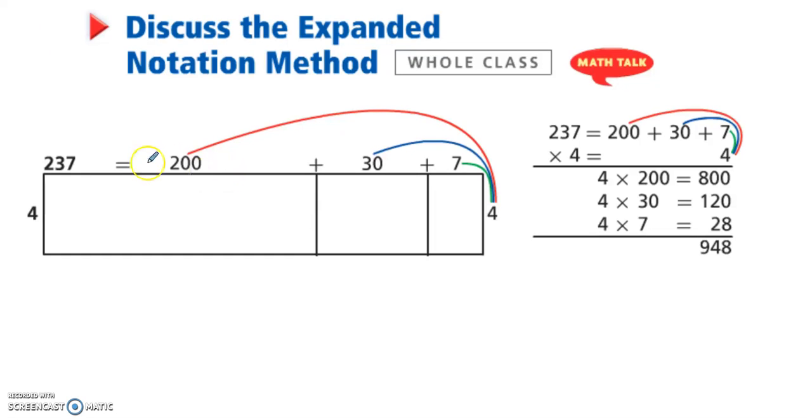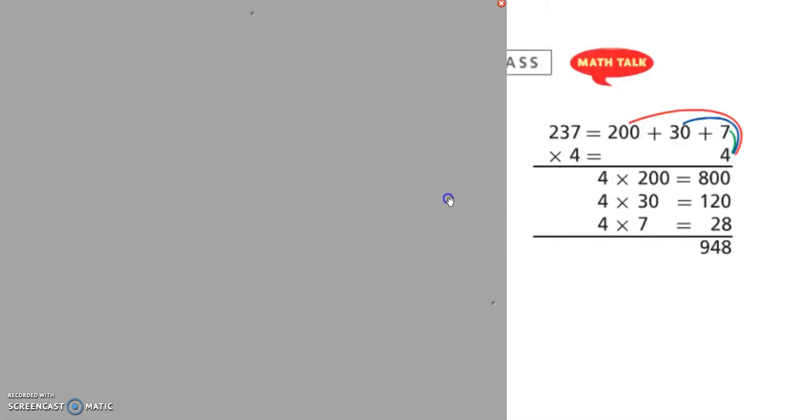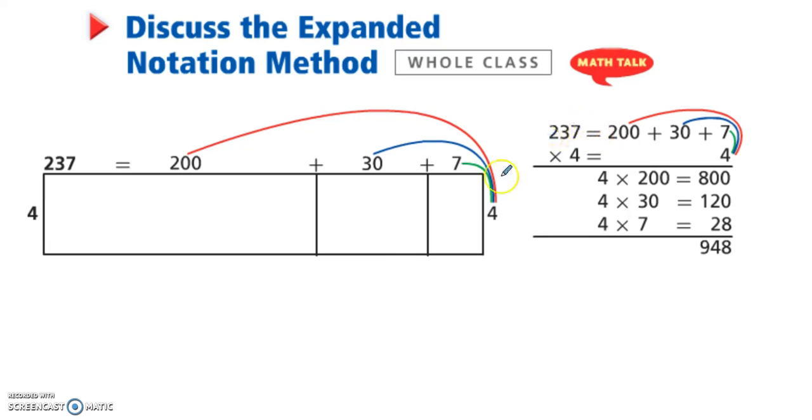And to talk about the expanded notation, here's the same problem we were just doing. But in expanded notation, first they wrote the 4 over here. So here's the area model to remind you, although the strategy by itself for expanded notation is right here. Okay? So they just took 237, and I do it down here so you can see how it builds,